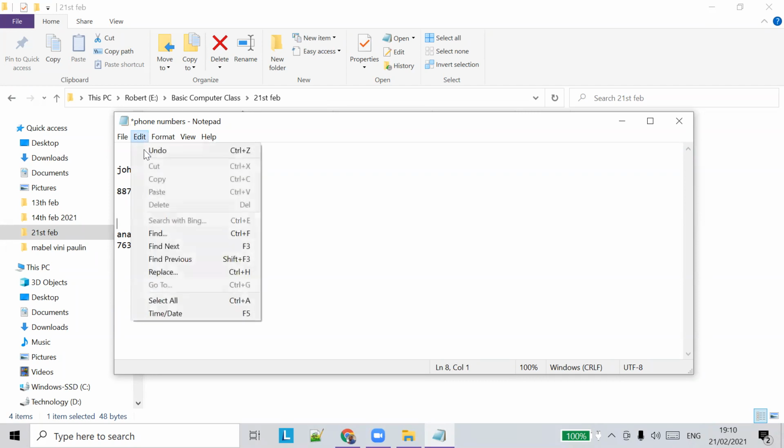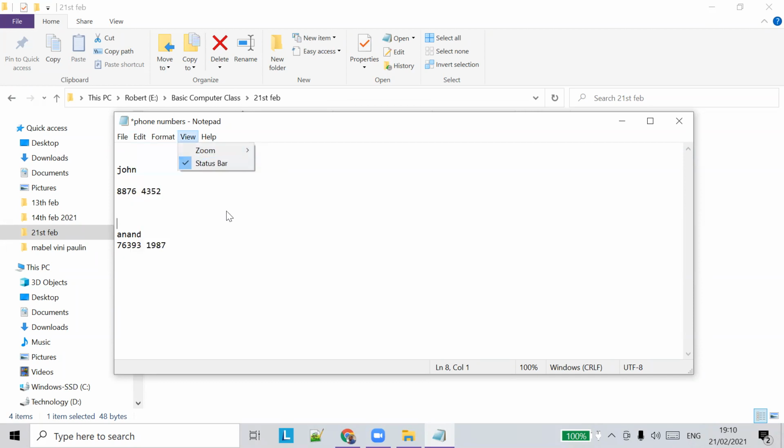So apart from that, we have cut, copy, paste, and delete. Okay, so we'll see all those things. So what is cut, copy, paste? Cut, copy, paste is just a feature where you can copy some data from one location to another location.